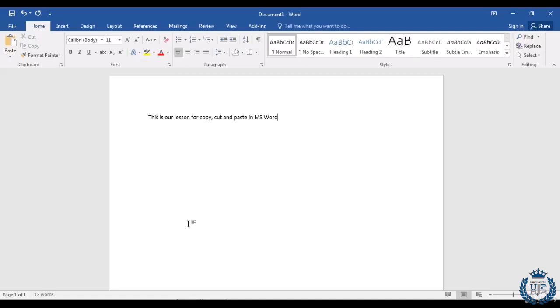So I want to copy this line three more times. That's why I have to select this entire line. I'm selecting this entire line by pressing the left button on my mouse, holding, and moving across the line. So this is how you will select your entire line, and you will get